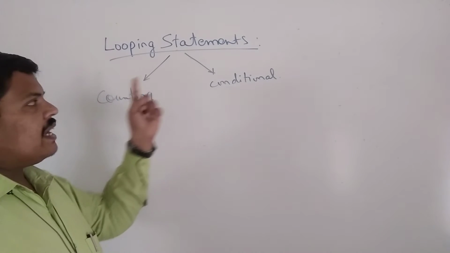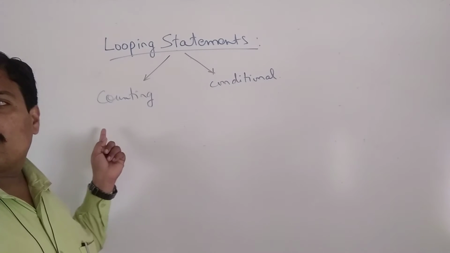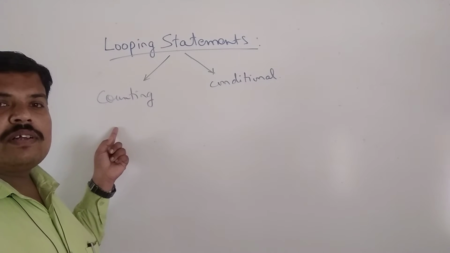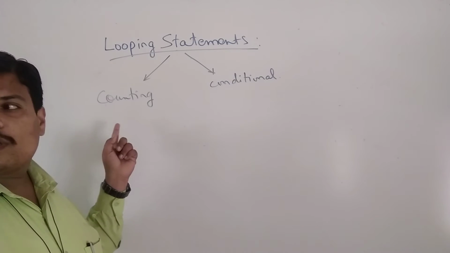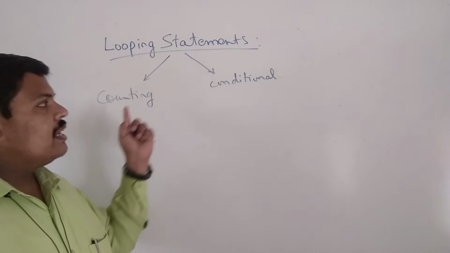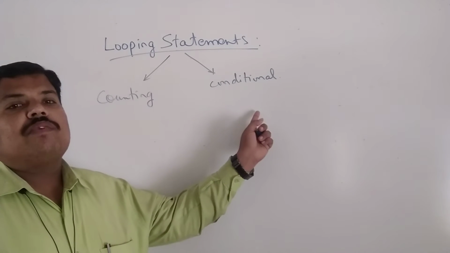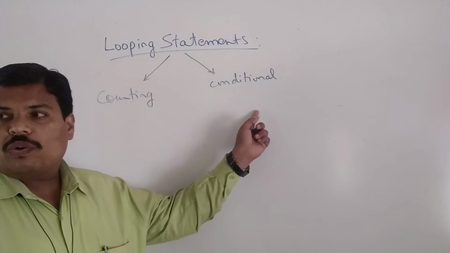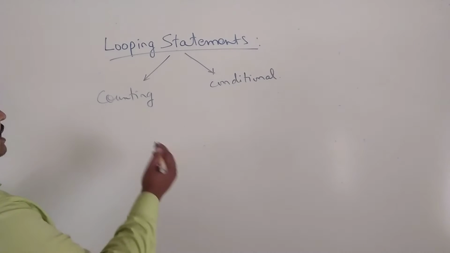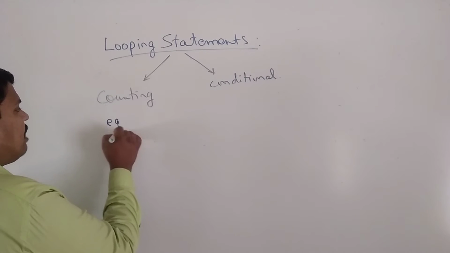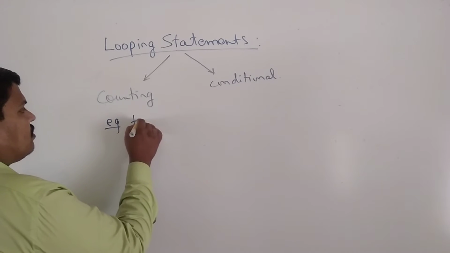Looping will run in both. Here we are given the total number of repetitions required. In the other, there is the exact condition till when we have to execute the loop. We have an example of each of these. What is the example of the counting loop? The for loop.